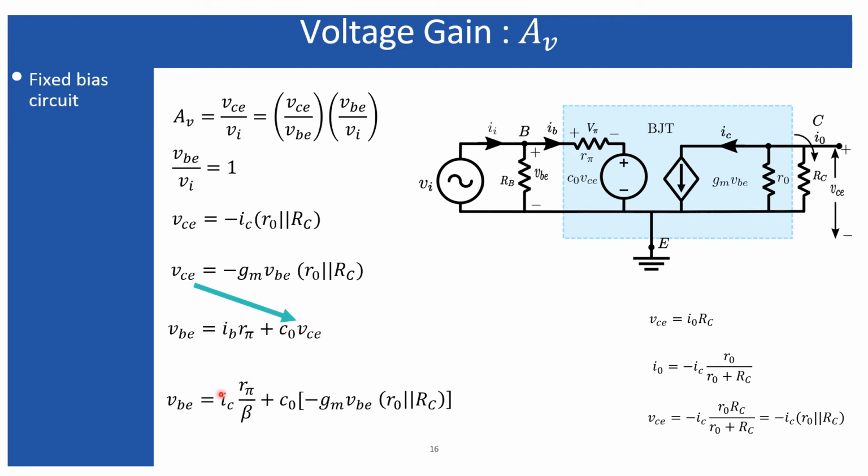After replacing these things, you will end up with this expression. And here another thing I have to replace, that is this IC, because I have to take the ratio of this VC to VB. So I have to replace this IC from this expression. So once I replace the IC in this final expression that I have obtained,